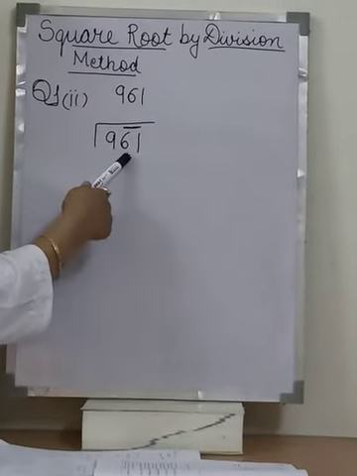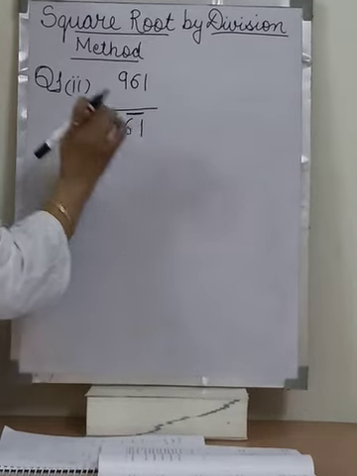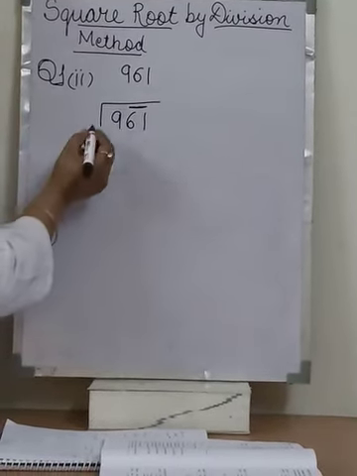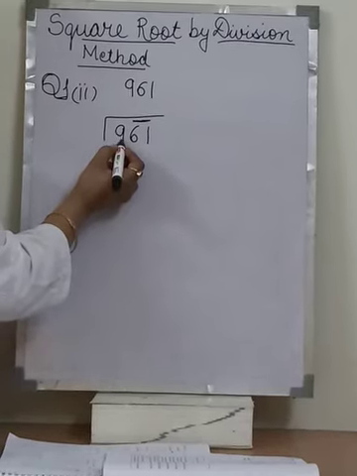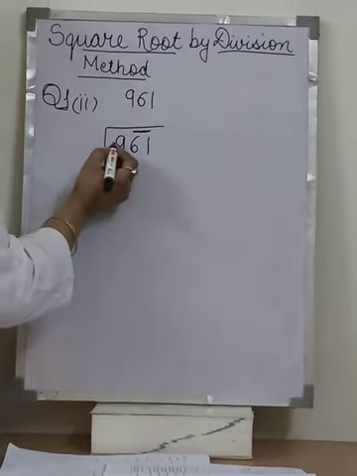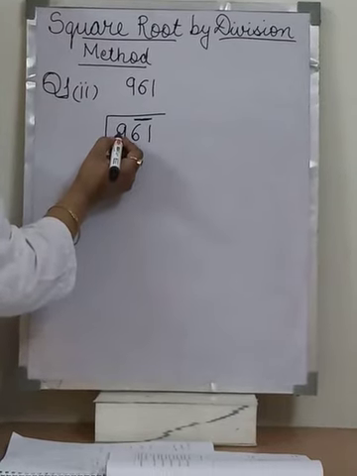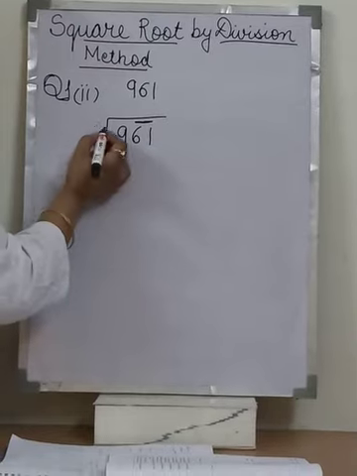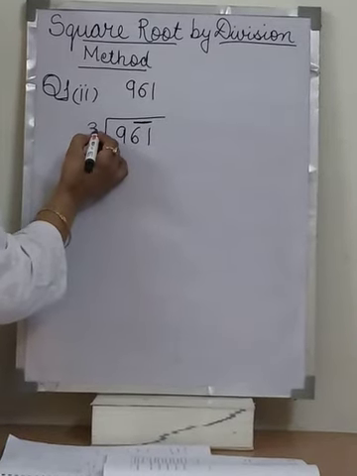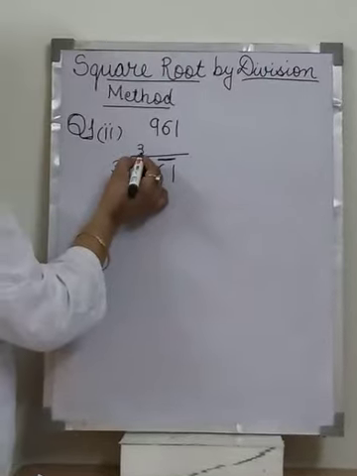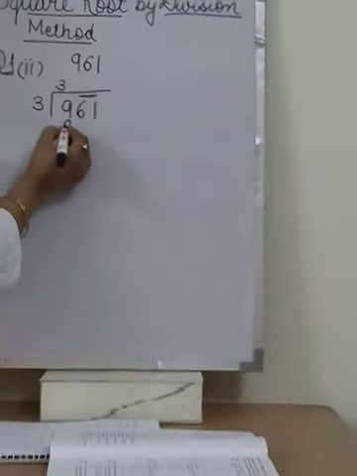Firstly, we make the period, so I have framed the period. Secondly, we divide with square numbers only. So firstly, we are going to divide 9, then we will divide 361. We look for a number whose square is 9. We know very well 3 3s is 9, so I write 3 here. The divisor will be 3 and the quotient will also be 3. 3 3s is 9.